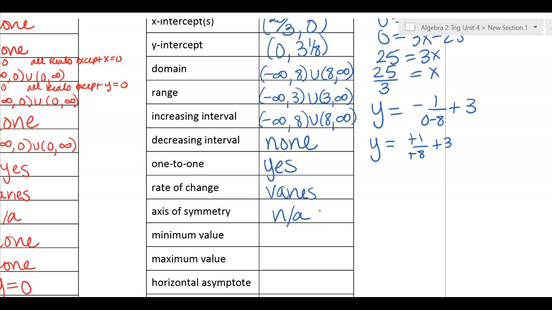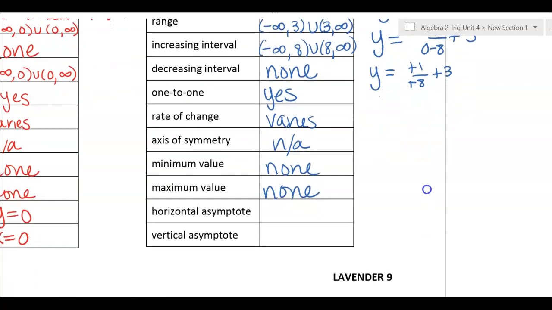Okay. What about minimum and maximum values for these graphs? None, because even if there's a reflection or a stretch or compression, because they have the behavior of those two branches and they are always opposite of each other, we always have no minimum and no maximum value. And then the horizontal asymptote here you guys already determined was at 3, and the vertical asymptote was at 8. Okay. Is this okay with everybody? Okay. So